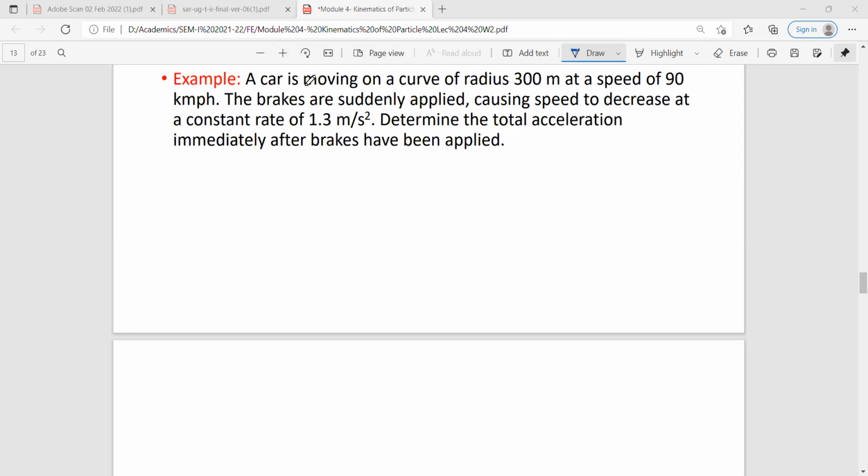A car is moving on a curve of radius 300 meter. Curve of radius is nothing but radius of curvature. Okay, that is given that rho is equal to 300 meter. The speed of the car is 90 kmph. Okay, so speed is nothing but your velocity v,